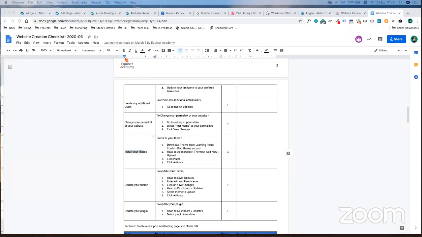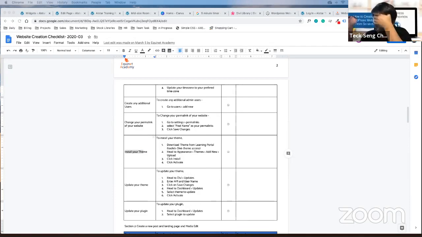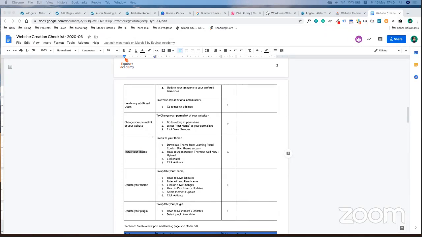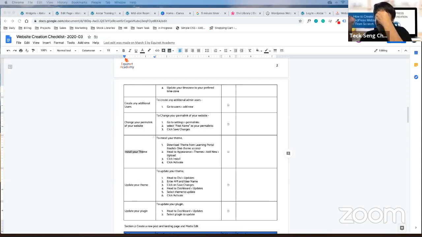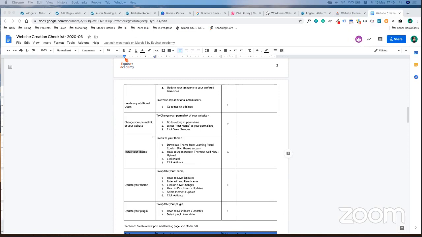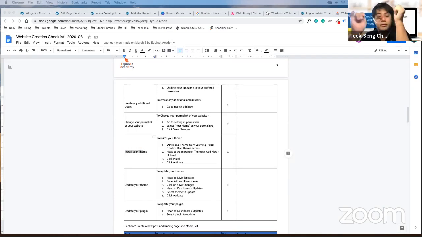And that is from your learning portal, right? So in future, if we really want to build our own website, do we still go here? Go to your learning portal to do it, is it like that? No, you do it on your own server. This is just a step-by-step guide only.